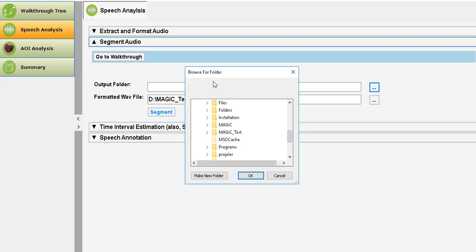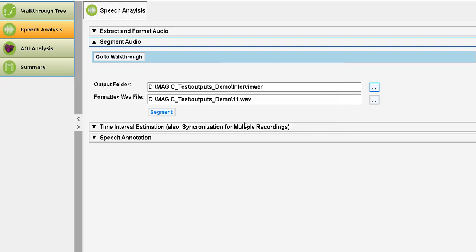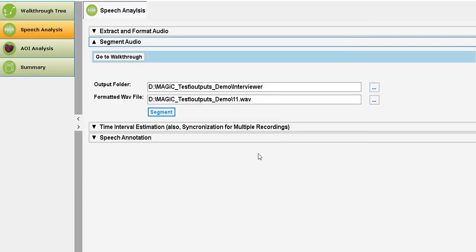Since this WAV file belongs to the interviewer, I will choose this path. Of course, you can select or specify a different path, and then click the segment button. It finishes immediately,